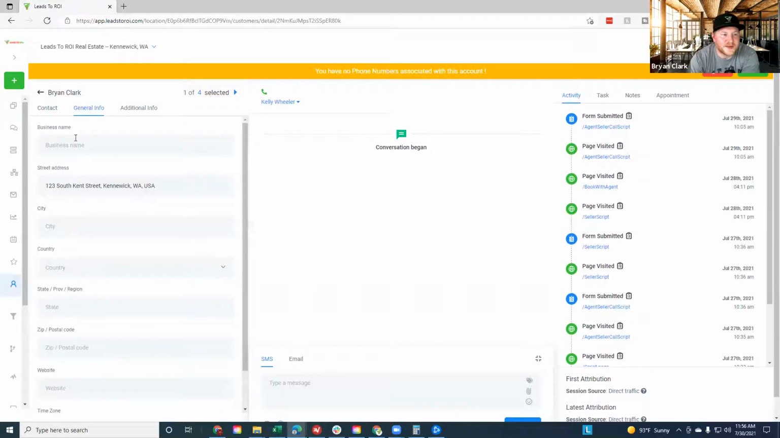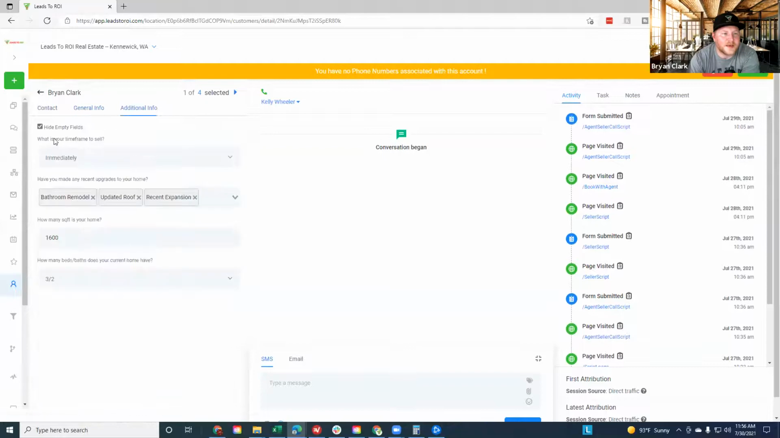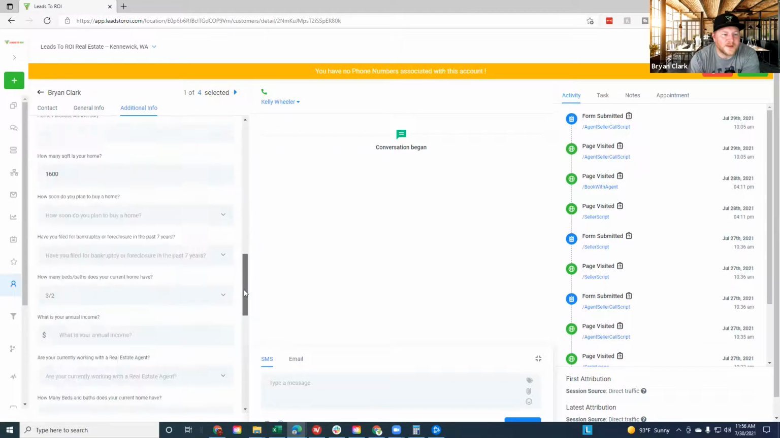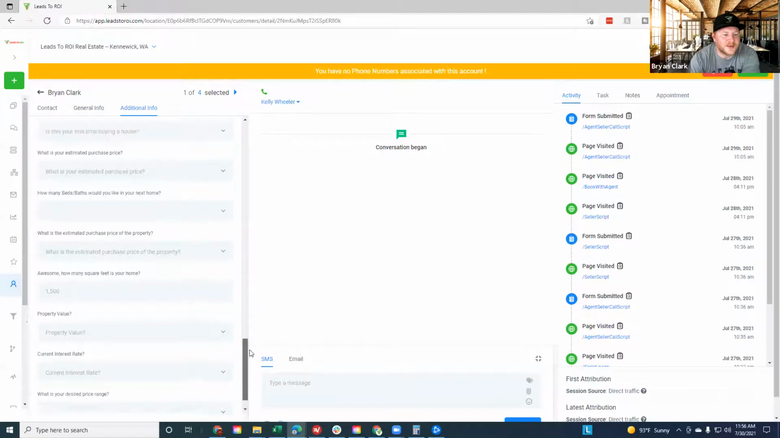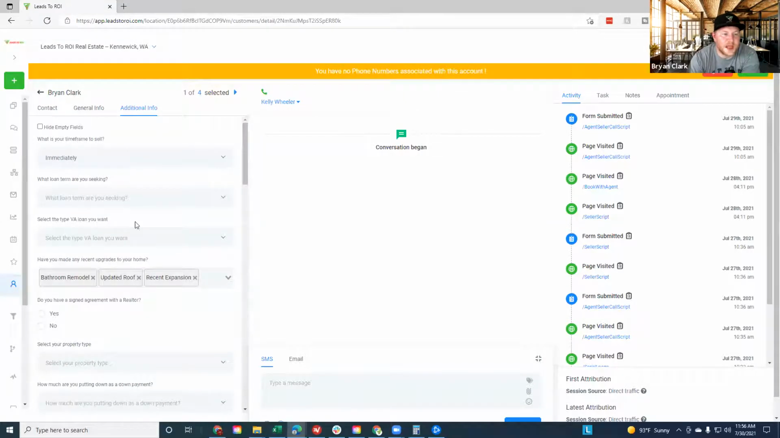So if they're a business owner or whatever their work is, you can add all that contact info in here. And then additional info is going to show all of the other fields that we have added into the platform. So desired price range, current interest. And once we get down to settings, I'm going to show you guys how to add more of these in so that you can put as many custom fields as you want in the platform, so that you can look